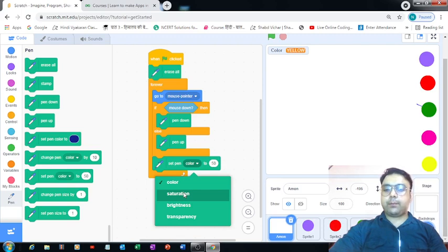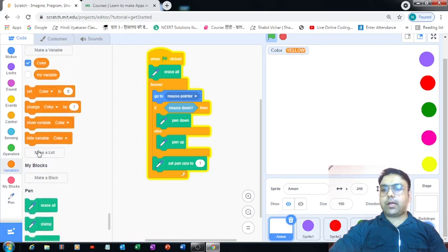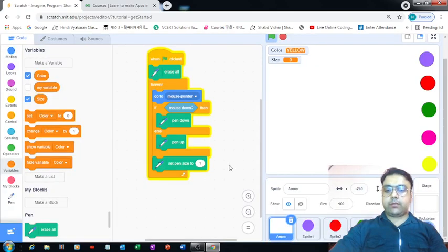That pen size is not visible to us over here. Okay, not this one. I think this is going to help us in setting the pen size. So for that I will need a variable with which I can control the pen size. I think this is going to be a great option, isn't it? Now what should be the pen size? That's what we have to now see.